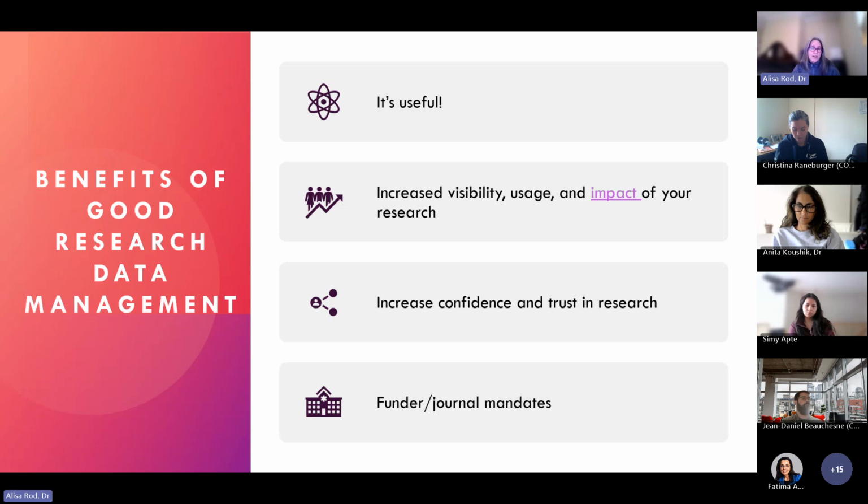So this could be even higher at this point now. It also increases confidence and trust in research. There's been a lot of misinformation out there about just everything, but about research in general and science in general. And there have unfortunately been some very high profile cases of fraud in science in the last decade or so,